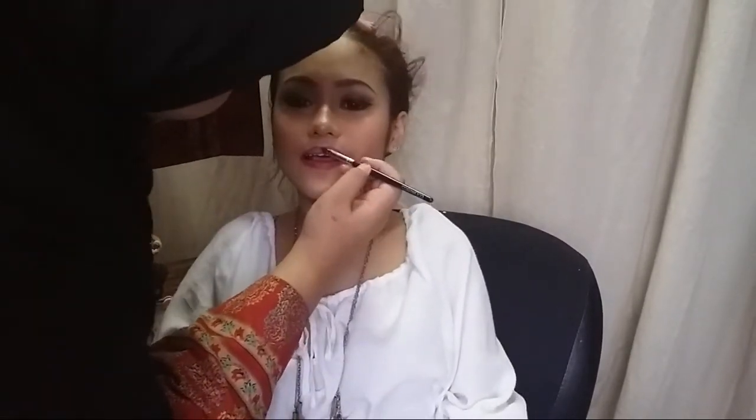And then moving on, for her lips, I will be going on with a purple kind of look. No wait, purple lips. I'm just outlining her lips with the Wet n Wild lip liner. And yeah, I forgot the name, I'll just link it down below. Then I'll be filling in her lips with the BeautyUK